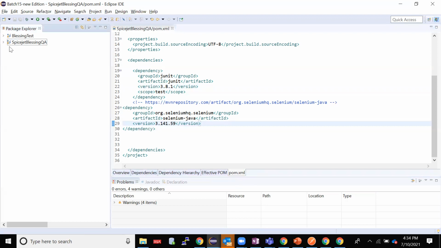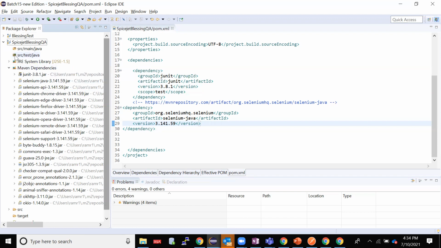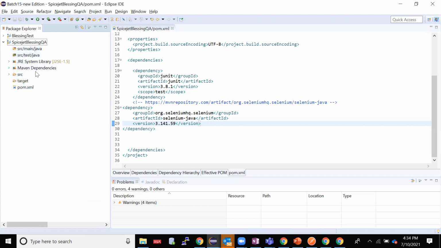Also, the structure of the project is now pretty good, right? I have a particular main Java and a particular test folder. What will come inside each of these folders, we'll discuss in future classes.